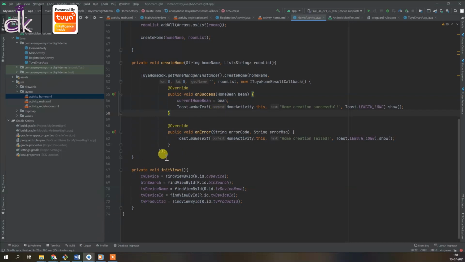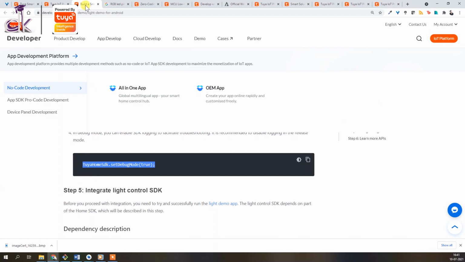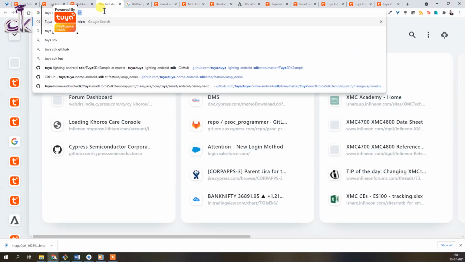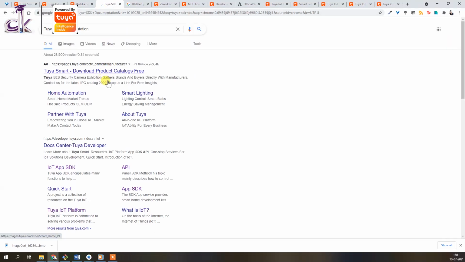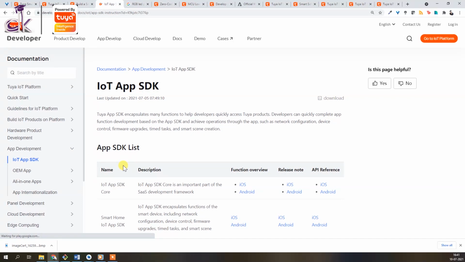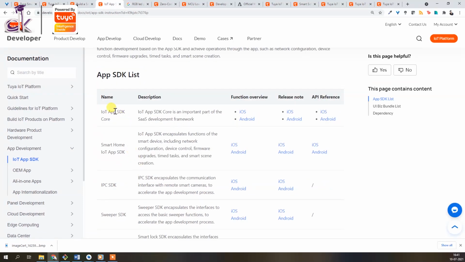So for that, how do we proceed, right? So let's actually go over to Google, and let's type in Tuya SDK documentation, and that will actually give you information on the different APIs and how you can move ahead, right? So let's click on IoT app SDK here, and you can see here you have the IoT app SDK, the smart home SDK, and since we are using the smart home SDK, let's click on function overview here, click on Android obviously, and then